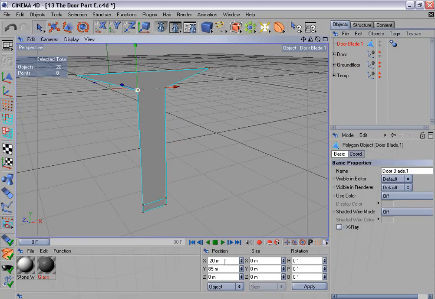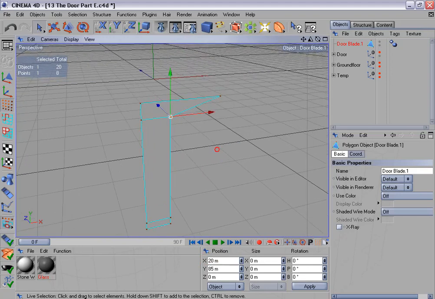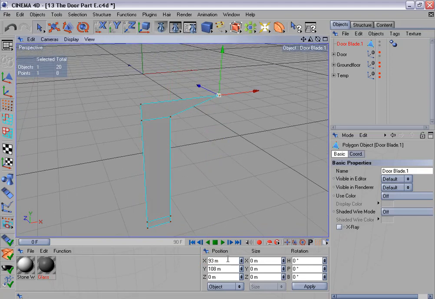select this point as a reference. This one is positioned at -20 on the x-axis. I'm going to select this point and move it over to -20 on the x-axis, and the same thing over here. This one's positioned at -20 on the x-axis, so we're going to bring this point to 20 meters on